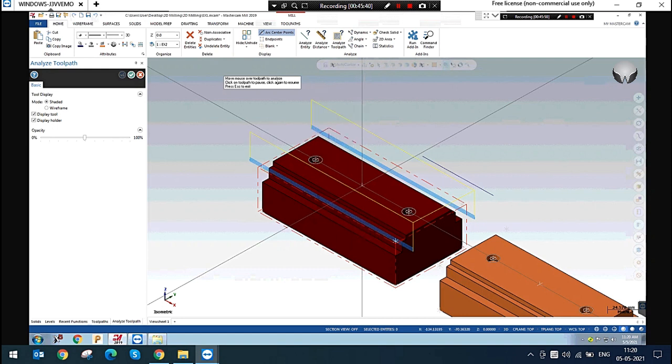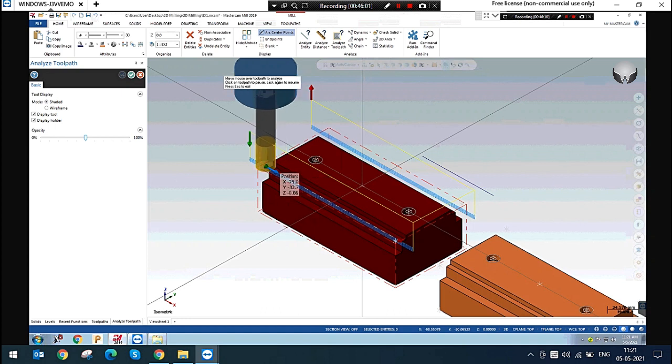This is the opacity of the tool. Opacity means shading. Display with dim or bright.